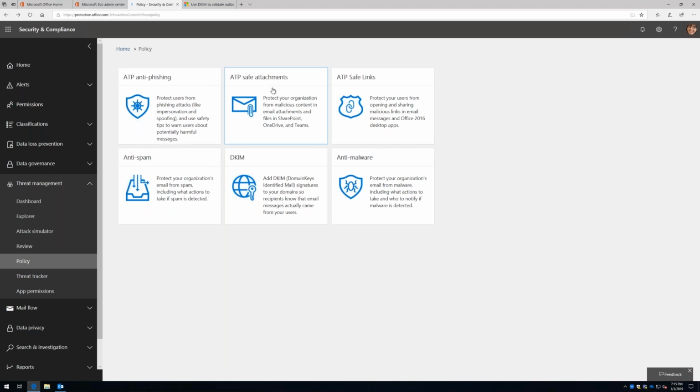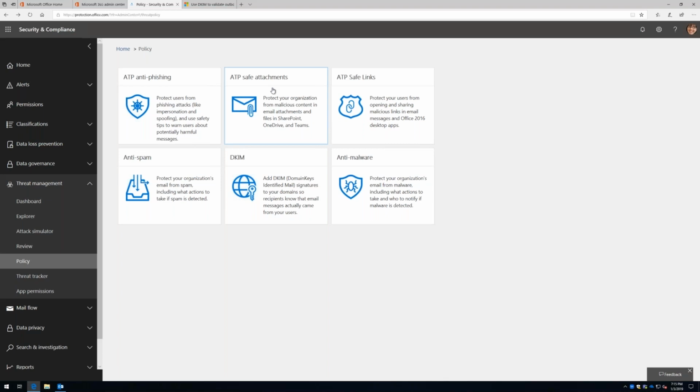Does it contain malware? If any of that's true, it strips the attachment out of the email message and never delivers it. It delivers the message, but not the attachment. Why is that important? That gives the user the opportunity to still receive the email message, but it never gives them the opportunity to click on the attachment, thus introducing a risk to your environment.